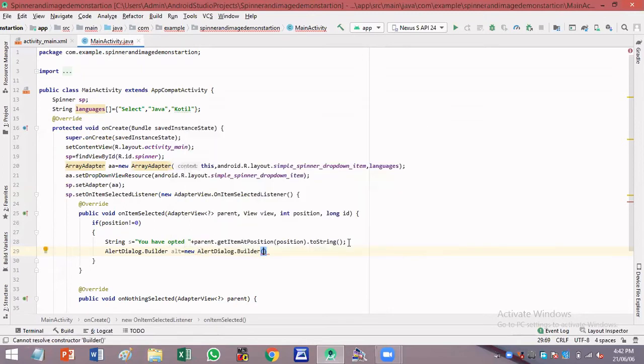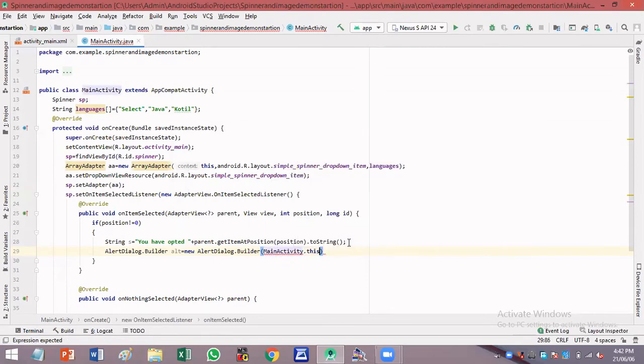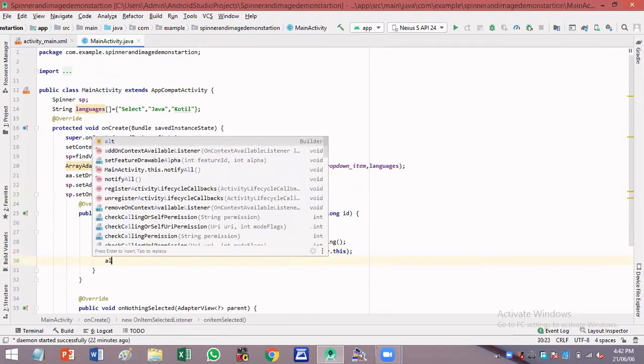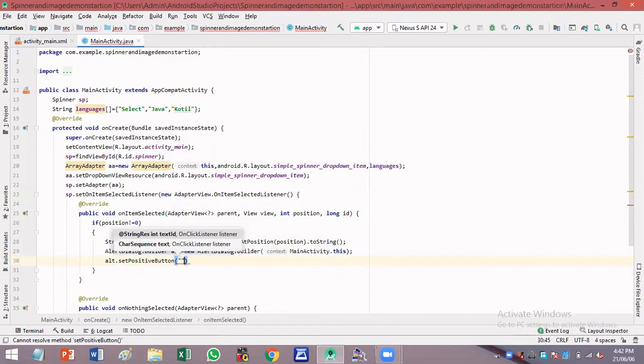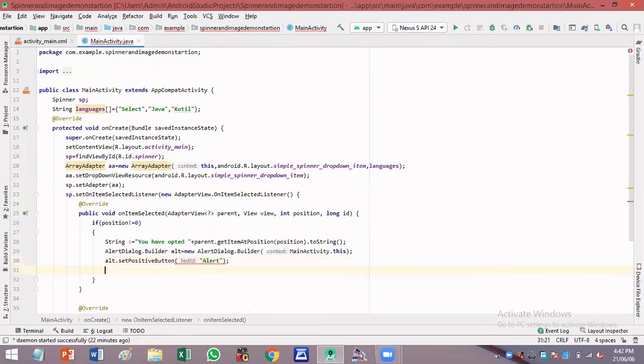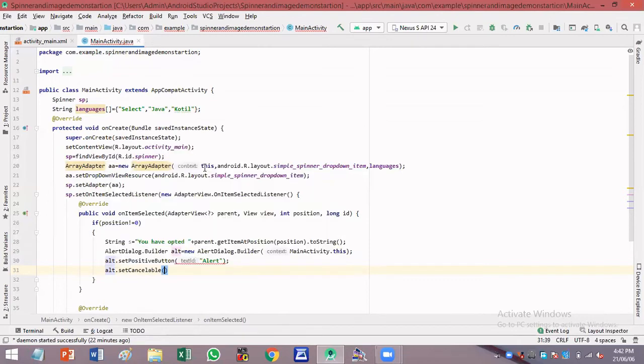So within parentheses, I'll write MainActivity dot this. And next, I'll write alert dot setTitle. I'll be setting the title of the dialog box as Alert, because this is just an alert message. Okay. And next, I'll set alert dot setCancelable to true. So you can set this either to true or false.